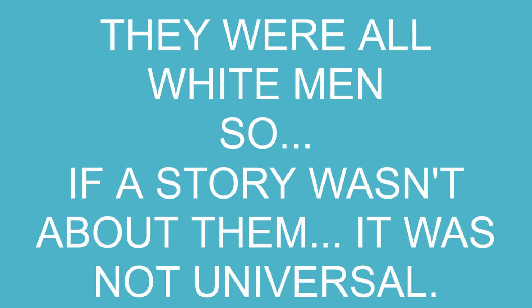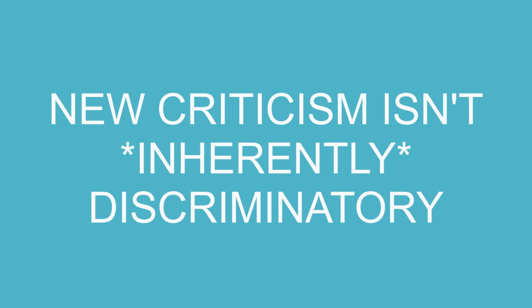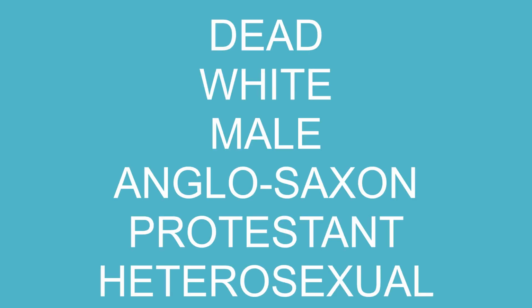If you're black, a woman, poor, gay, etc., then your stories are not universal. They don't apply to the rich white men who claimed to care about universality. Now, it's probably good to point out that there is nothing inherently discriminatory in new criticism itself. The theory claimed universality, but the people who wrote a lot of the theory just had a skewed idea of universality. You could be a gay, black, transgender writer and believe in new critical ideas while rejecting the discrimination that its main proponents attempted to propose. The new critics, the people, not the theory, cared about the work of dead, white, male, Anglo-Saxon, Protestant, heterosexual people. But you can reject those people and use the theory to understand far more.